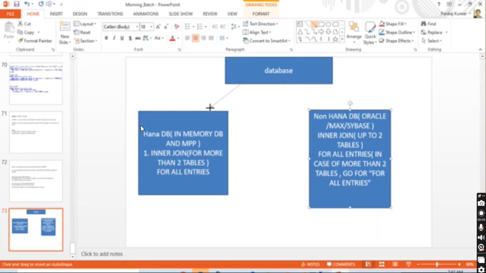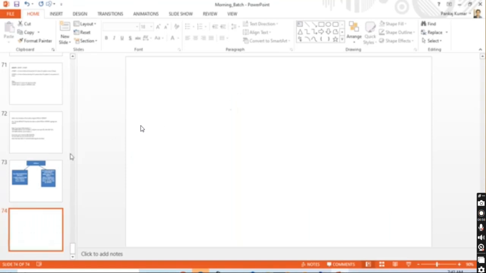So this is what we understood in our last class. From a performance point of view, there will be no syntax error or anything like that, but you will have to think from the performance point of view as an ABAP developer. Okay,